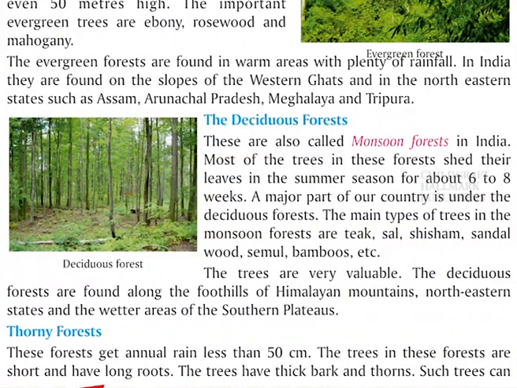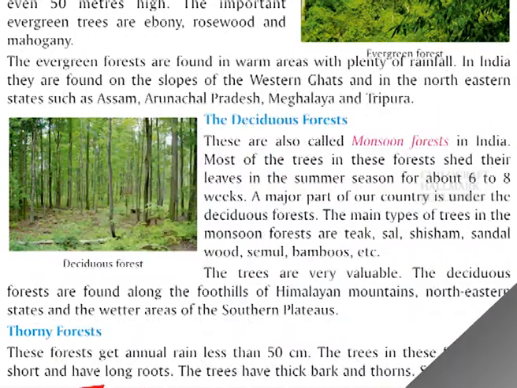The deciduous forests. These are also called monsoon forests in India. Most of the trees in these forests shed their leaves in the summer season for about 6 to 8 weeks. A major part of our country is under the deciduous forests. The main types of trees in the monsoon forests are teak, sal, shisham, sandalwood, simul, bamboos, etc. The trees are very valuable. The deciduous forests are found along the foothills of Himalayan mountains, northeastern states, and the wetter areas of the southern